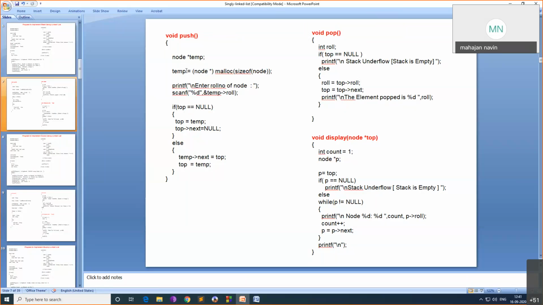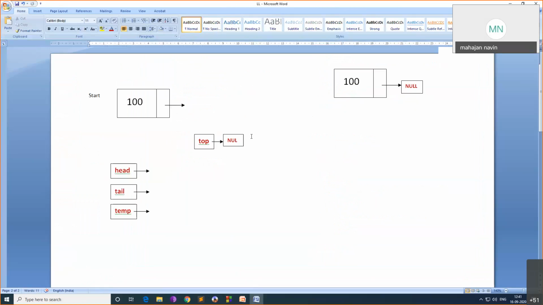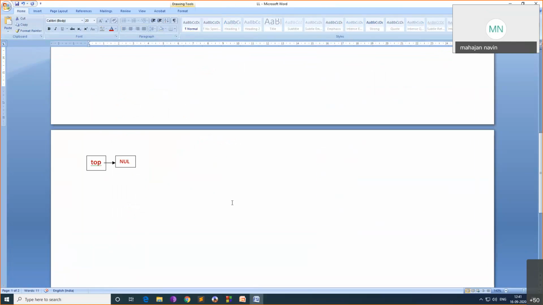Now temp can point to a memory location of size node. Pictorially, if you see, this will become like this. We have temp. Temp is pointing to somewhere here.